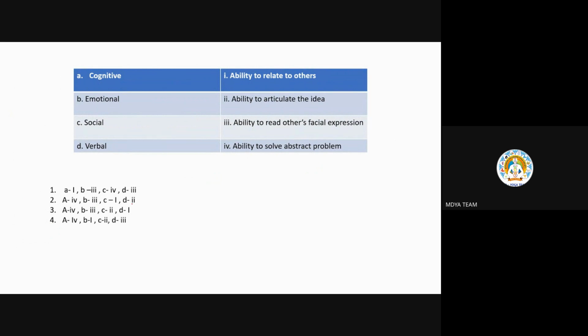Now the next question. These are the cognitive properties, and you have to match all four. Cognitive is what, emotional is what, verbal is what. Second option. Option 3, ma'am. Option 3. Yeah, A is